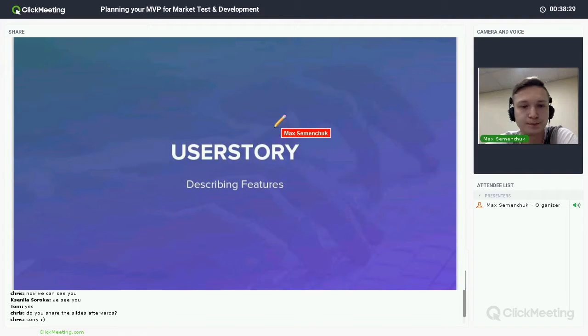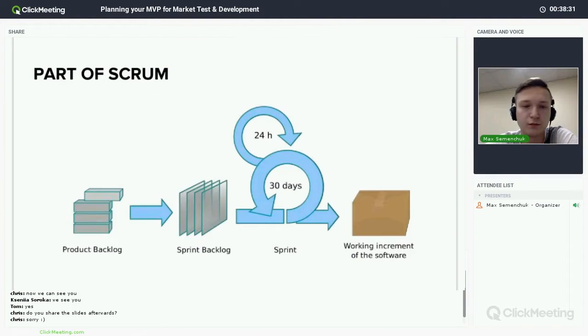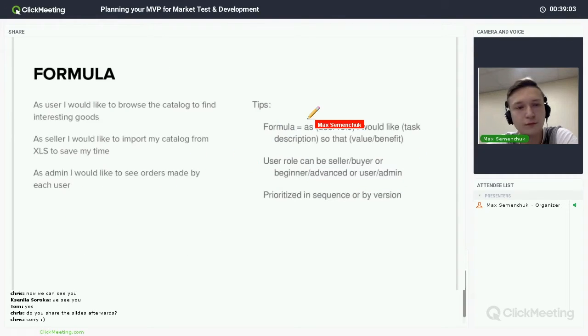So let's proceed to user stories. A user story is a way to describe a feature. It comes from the Scrum methodology. When you have the list of stories in some order, you take them in chunks. You select, okay, I'll do this chunk of my list in the next iteration of 30 days, and then I'll have version 1.6 of my product or something, that will be better and will include new features from my plan.